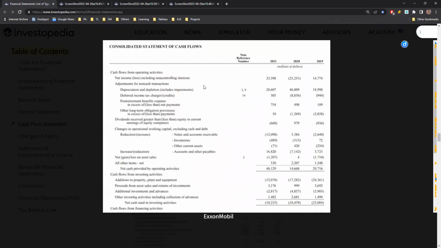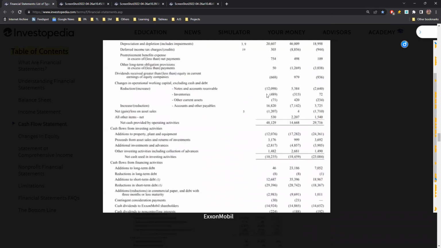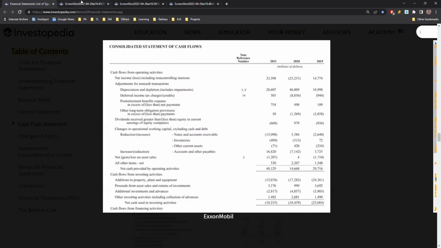If you notice here, we start directly with the net income that we have made from the profit and loss statement. And from here, we are building on all the different aspects. The immediate next element is something called adjustment for non-cash transactions. This is exactly the concept that we just discussed. So what they're trying to do here is